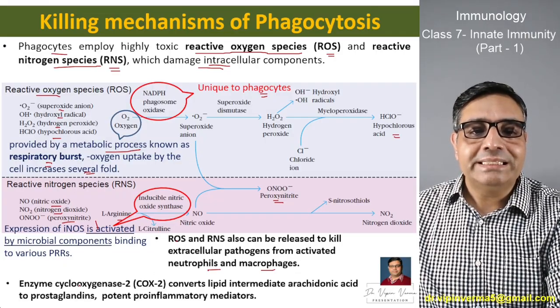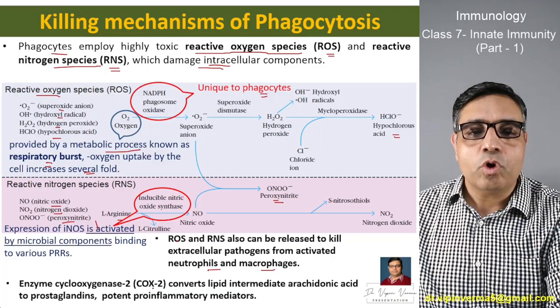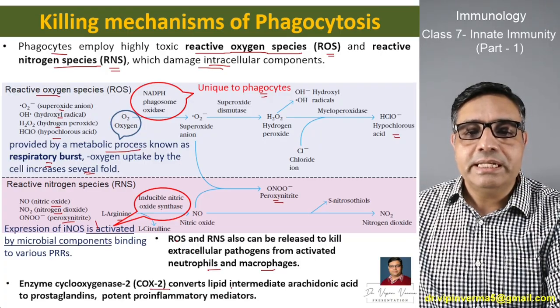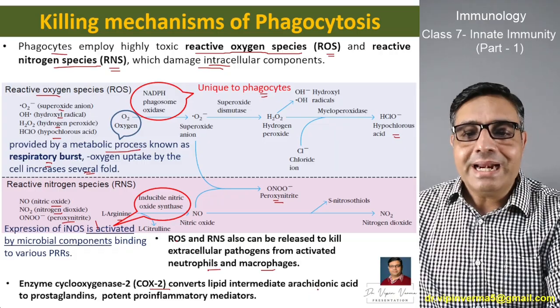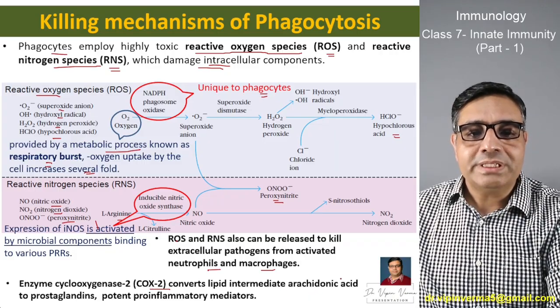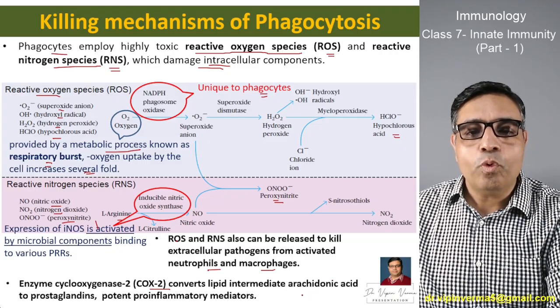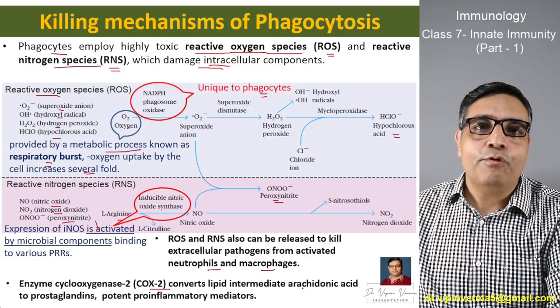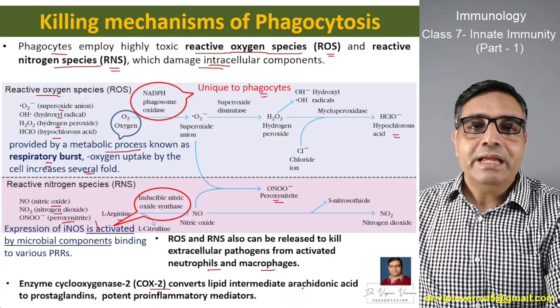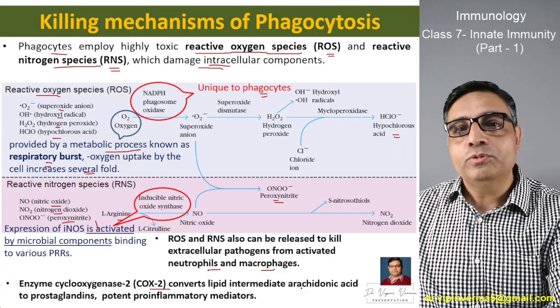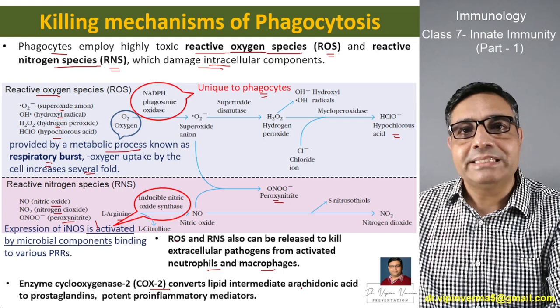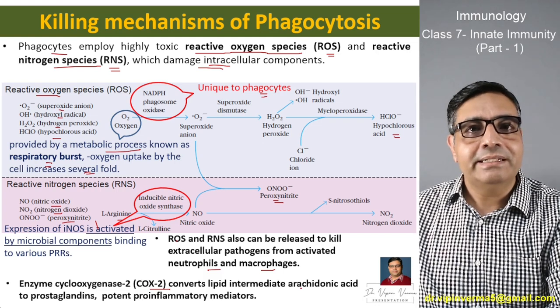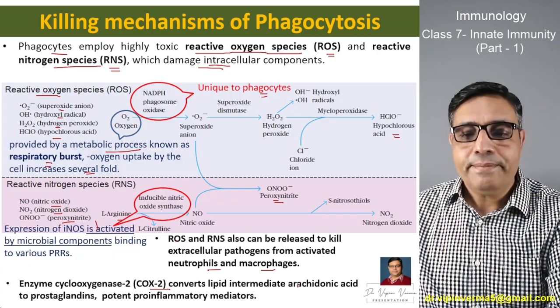And then we have the enzyme cyclooxygenase or COX-2. It converts the lipid intermediate arachidonic acid to prostaglandins, which are potent pro-inflammatory mediators. So once the prostaglandins are formed, then the inflammasomes or the inflammation reaction gets activated, and then the inflammation also helps in eliminating the infection. Okay,